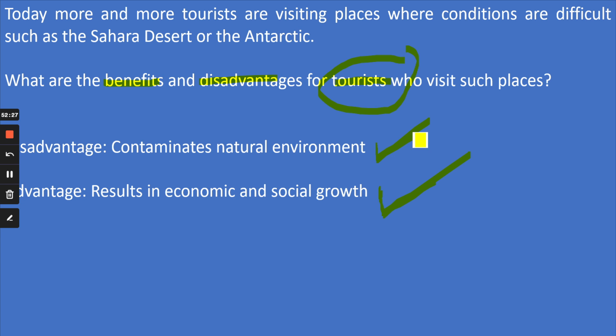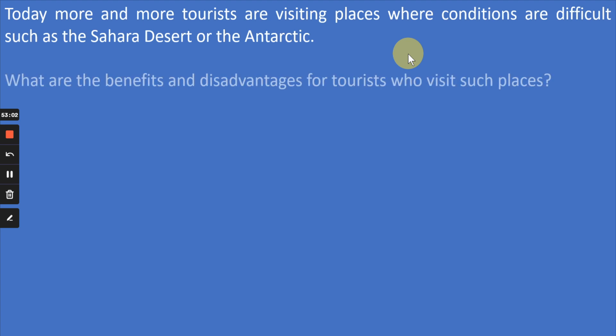For the Indian government, first of all, it will result in economic growth because more people are going there. That means that place will be developed. But it will pollute also. It will pollute the entire surrounding, because if you open any place for tourists, it will be polluted, right? But these advantages and disadvantages are not for the tourist. He is talking from the point of view of the government, from the point of view of the country. But the question is clearly saying advantages and disadvantages for tourists. Therefore, his ideas are irrelevant, right? So how can we have relevant ideas?